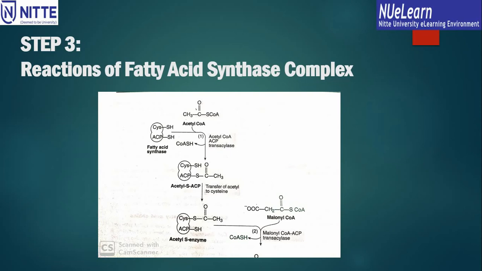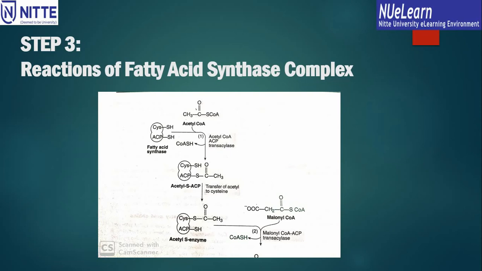Fatty acid synthase complex is a dimer which consists of two monomer units. Each monomer unit possesses the activities of 7 different enzymes and an acyl carrier protein, which is represented in the diagram as ACP in short, which is bound to